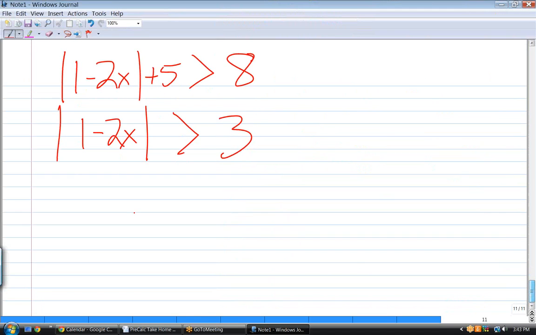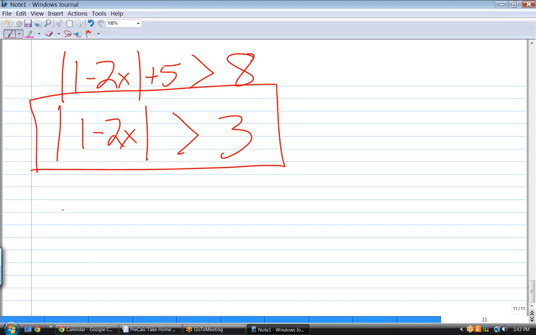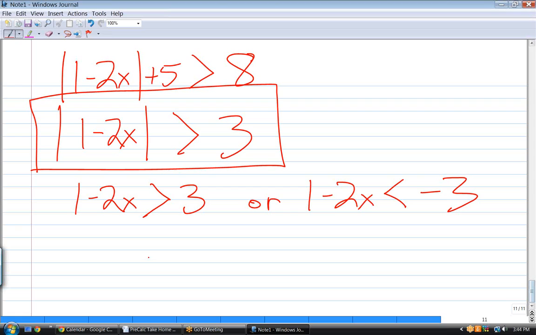But, okay, so what does this mean? Tell me the 2 things that this means. Okay, so it means 1 minus 2x greater than 3, or 1 minus 2x is less than negative 3. Okay, solve each of those. The left side. Second, 2x is greater than